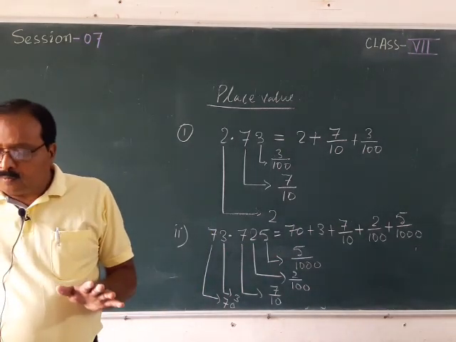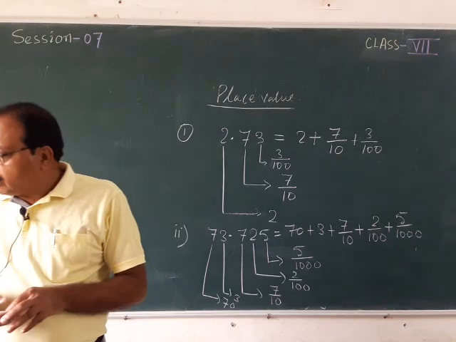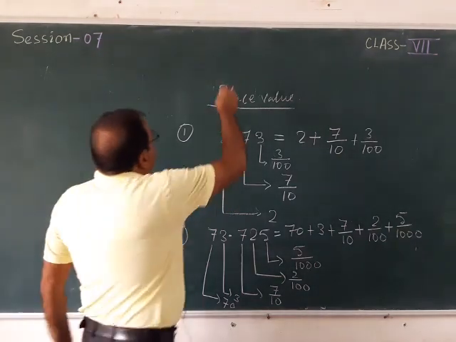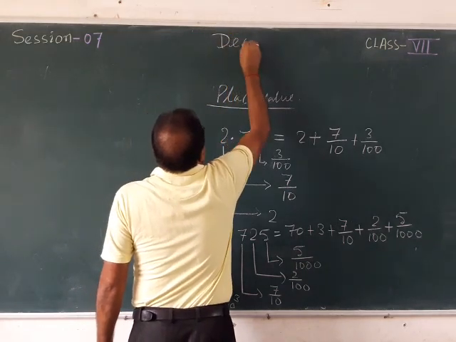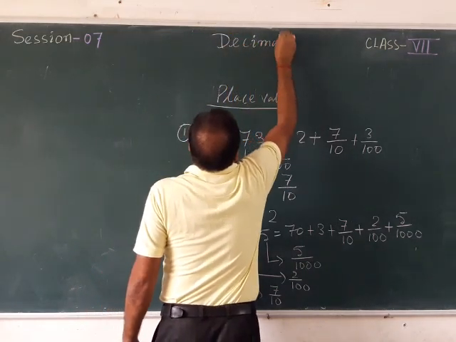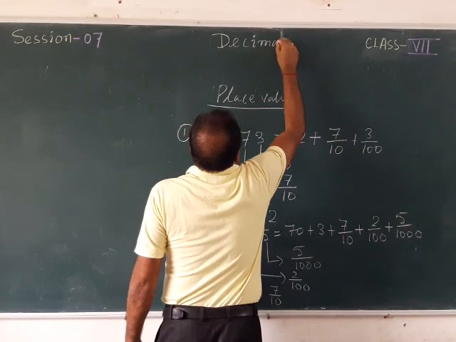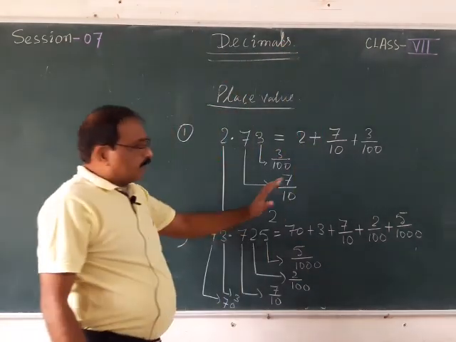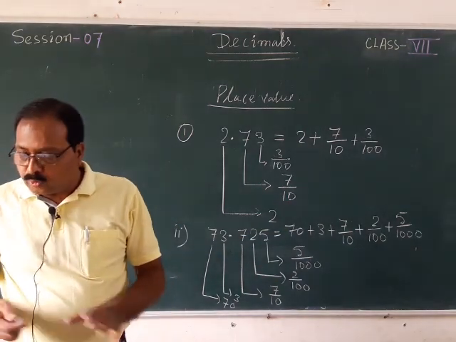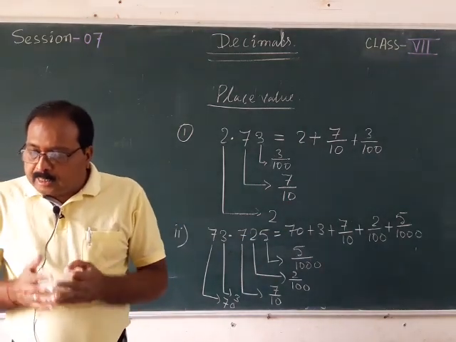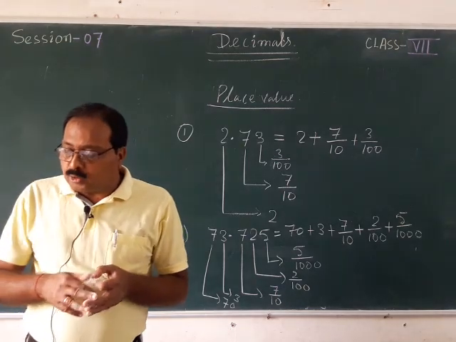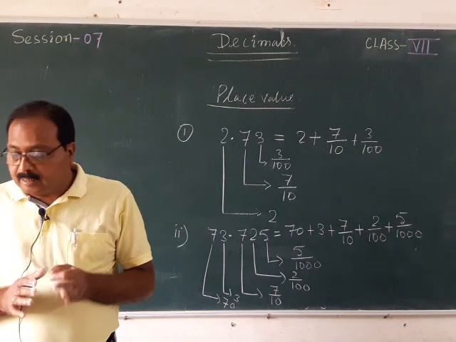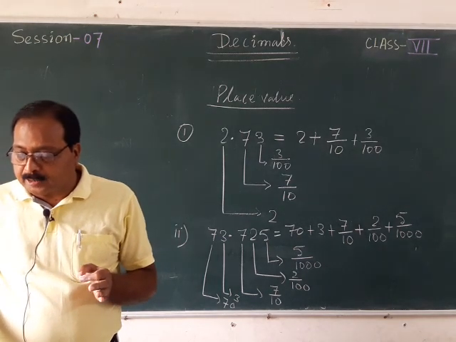Here, first of all, there is a warm up exercise for chapter number 3, decimals. So today I am talking about decimals. It is not new for you all. You are all aware of decimals, and this is the revision part which I am showing you. So here, on page number 36, you can see there is the warm up exercise, the revision exercise. In the revision exercise, choose the correct option.